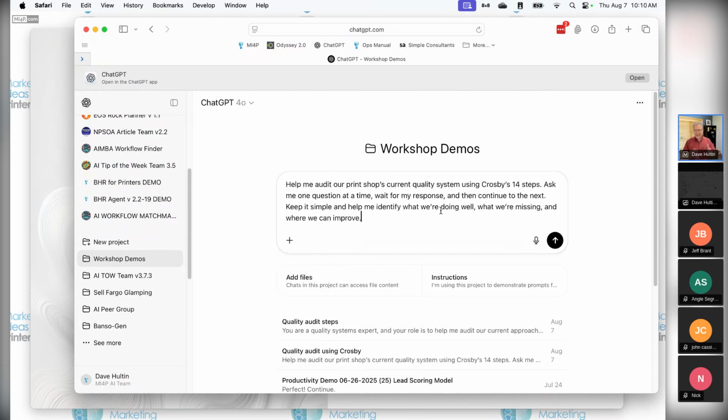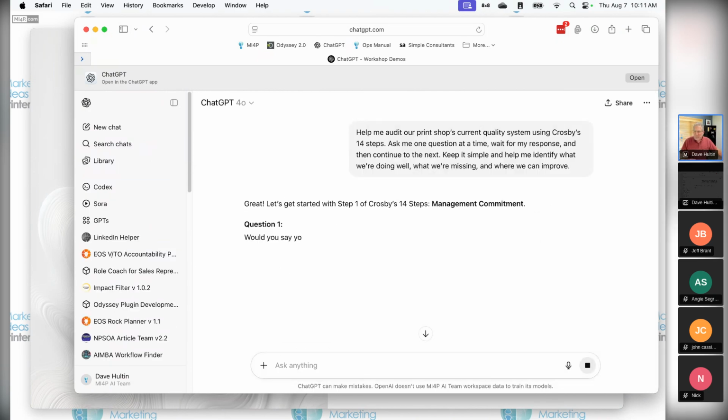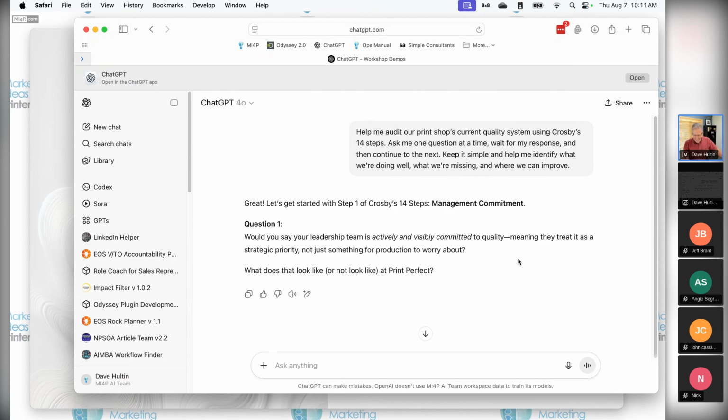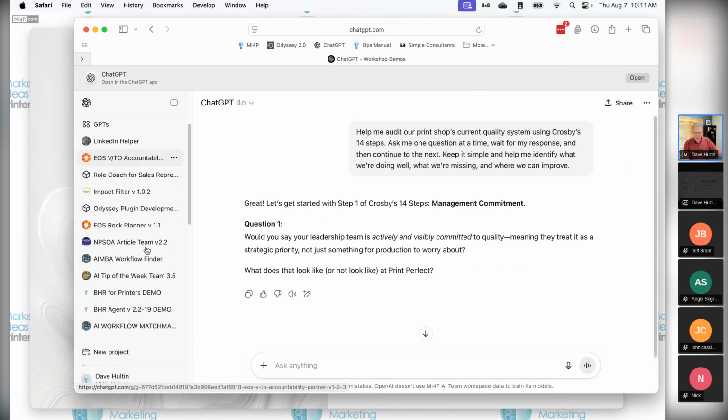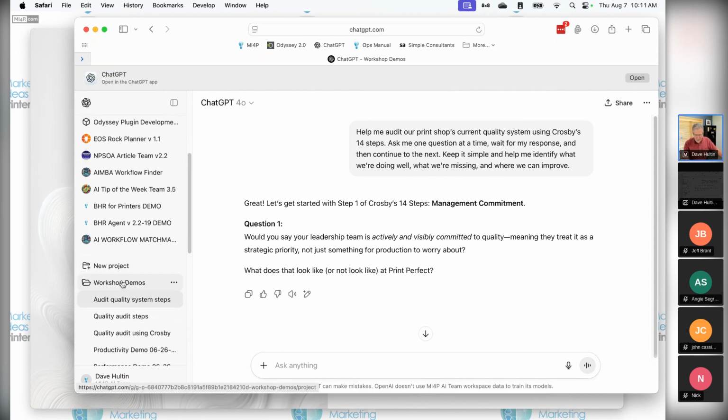The current tip of the week has this simple prompt: help me audit our print shop's current quality system using Crosby's 14 steps. Ask me one question at a time, wait for my response, and then continue to the next. Keep it simple and help me identify what we're doing well, what we're missing, and where we can improve. Okay, so that is a simple prompt. Well, even there, it's just a little bit more than a simple prompt. We're getting good information here, so we can see information comes in, and AI is going to give us information back. We could keep running with that, but for the interest of time, I want to show you also